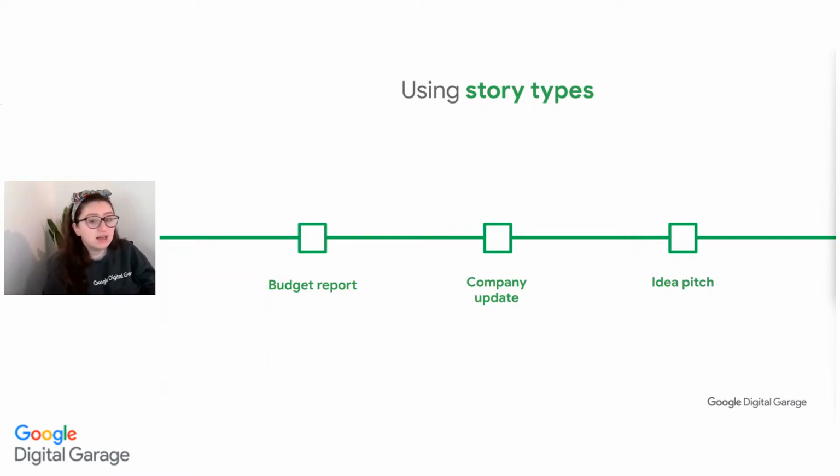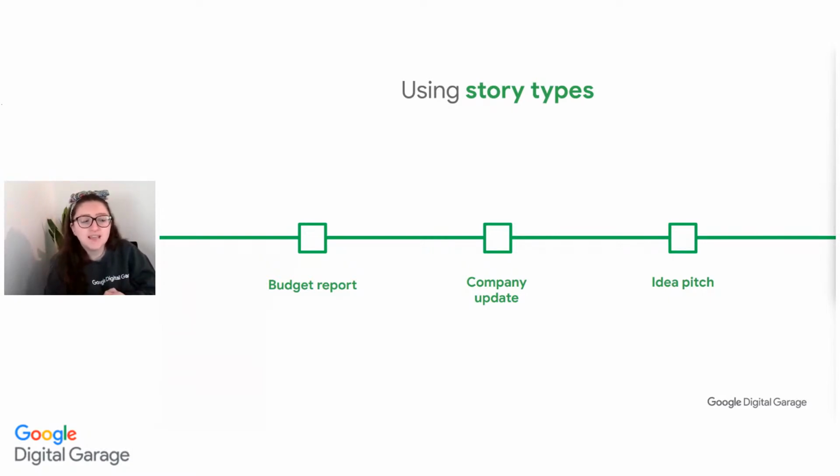Then we have a company update. An origin story might be really interesting here. So especially if we might have some new people in the room. So we might have people that are only just being introduced to the company, and we want to tell them, well, this is where we've come from. Welcome to the team. But we also might have some kind of story that's that future vision in any kind of company update. So there's loads of options when it comes to the company update and what we're trying to communicate there.